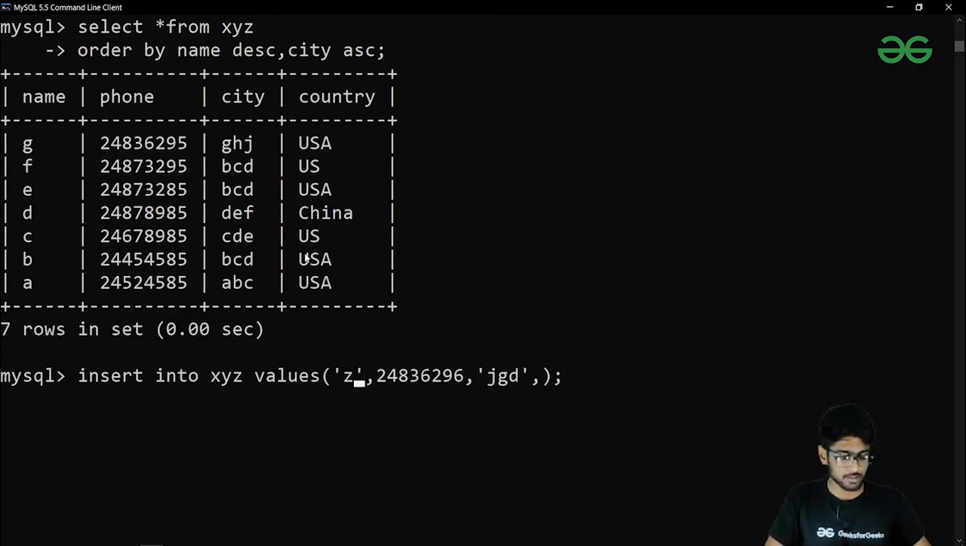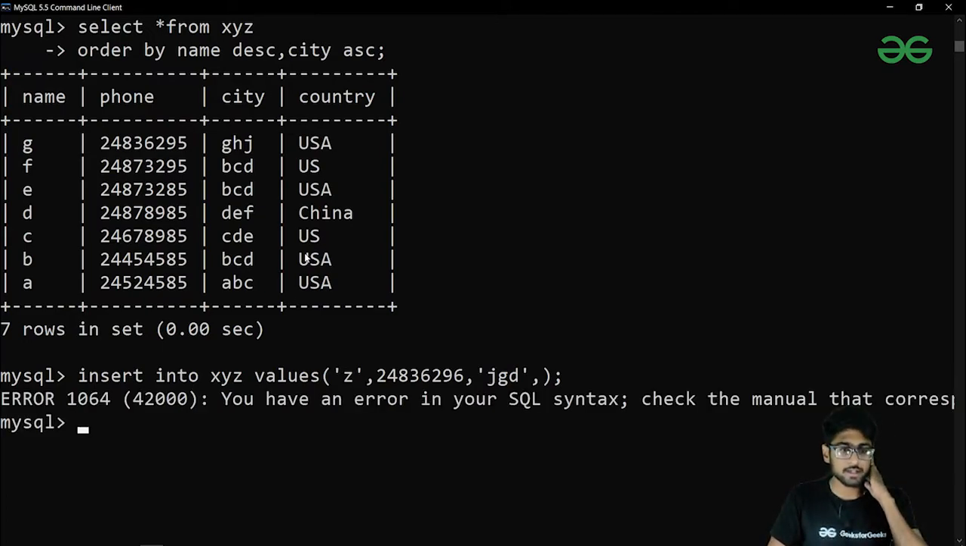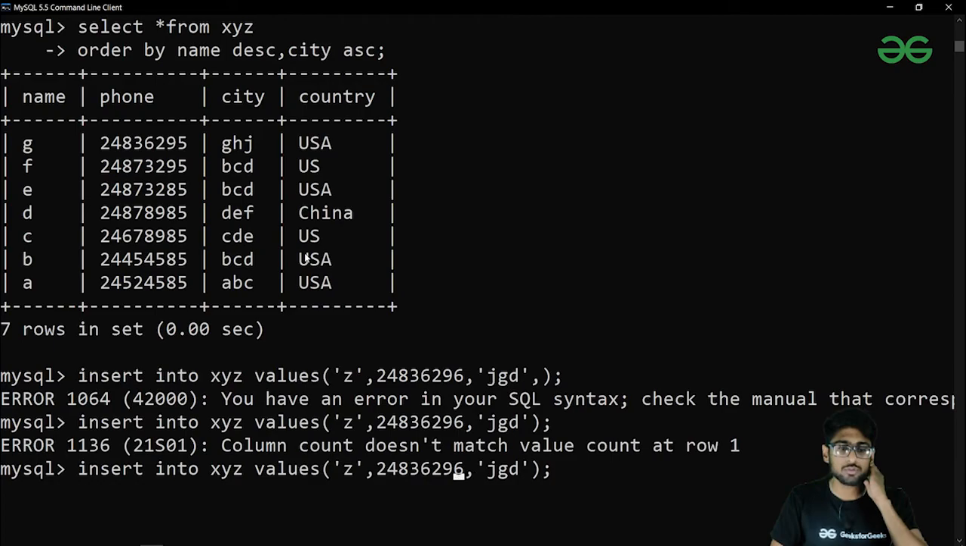I'll write Z over here and I try to insert this row. Now if I press enter, just a minute. So we also have to provide columns over here in order to insert this value. Okay, so for that I'll use name, comma, phone, comma. I'll also give city over here. Then after that I'll write values,